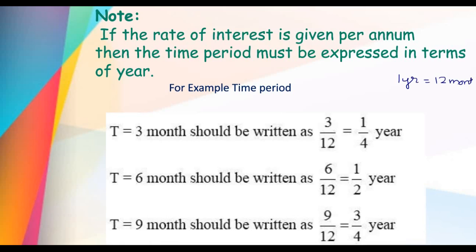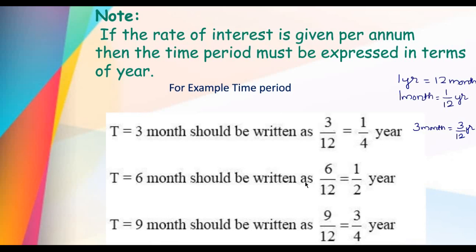Yeah. 1 year is equal to 12 months, or 12 months is equal to 1 year. Then how can I represent 1 month? How much is 1 month based on 1 year? Yes. 1 month means 1 by 12 of the year. Then 3 months means 3 by 12 of the year, or you can write it as 1 by